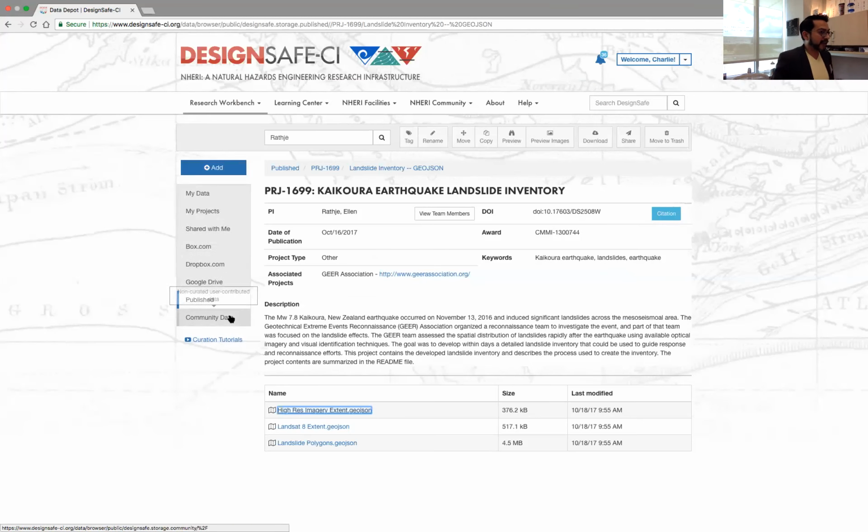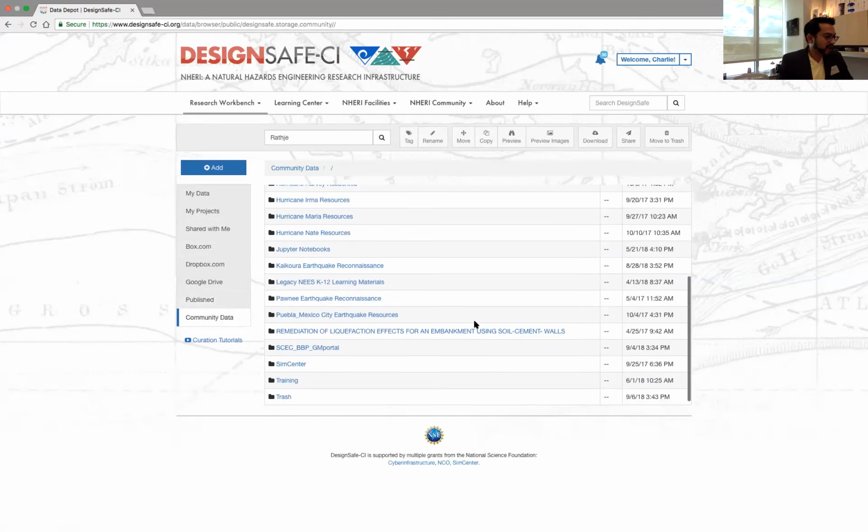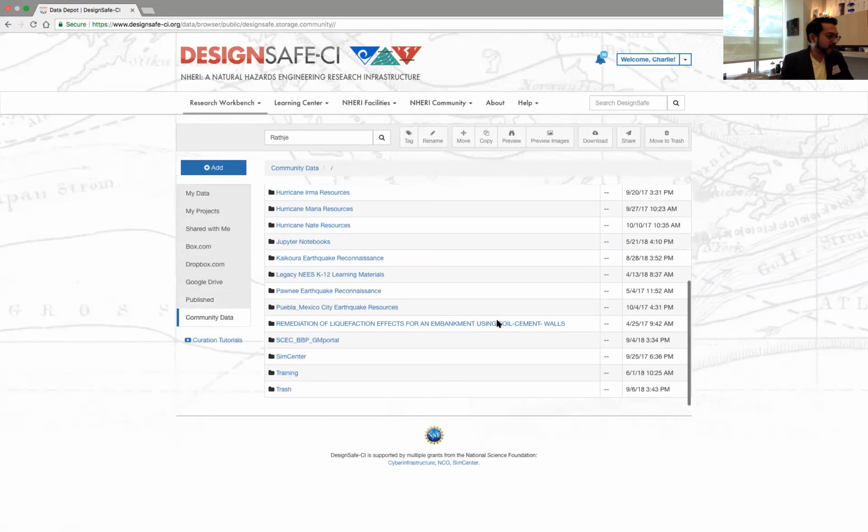Okay, for the last one, we have community data. Like I said, community data is basically a bunch of stuff that might be important to the community. Let's say you've written a really cool Python script, and you want to share that with other people. You might put that in the community data. To do that, you would contact us, fill out a ticket, and we would go ahead and move that data in here for you. Example is last summer I ran a